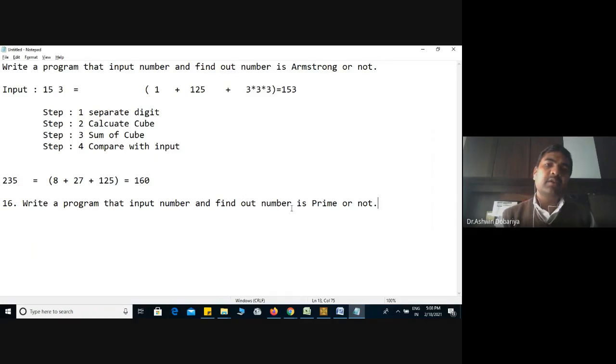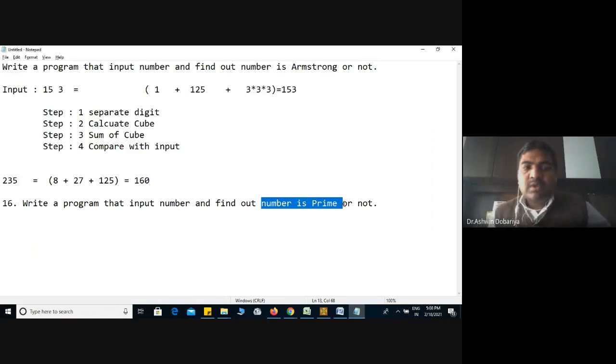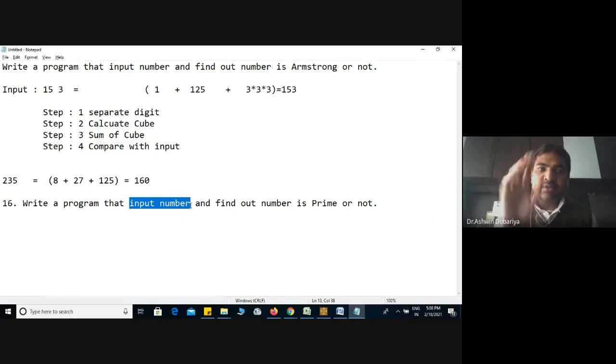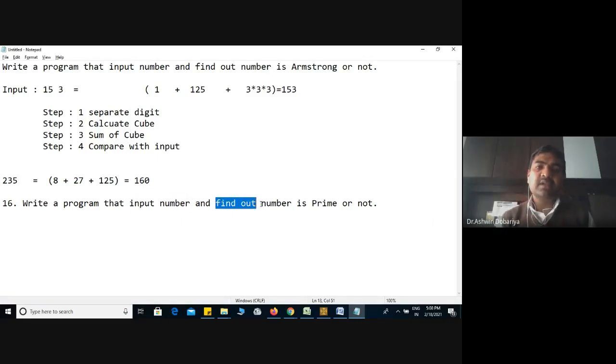But at least you should know what a prime number is. Write a program that inputs a number. You have to input one number, and you have to just give a message that the input number is prime or not. Can anybody tell me the logic of prime, how you can identify it?